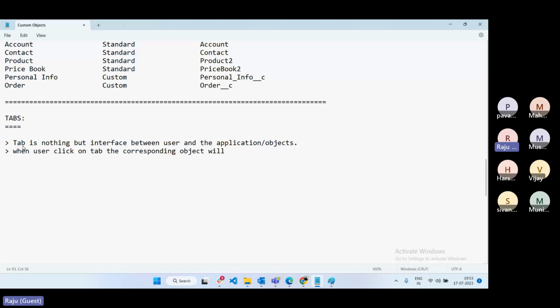Corresponding object will open. Okay, so tabs are of five types in Salesforce. One is custom object tabs. Standard object tabs are not needed because Salesforce has already created them, so no need to create. Now one more is web tabs, and one more is Visualforce page tabs, and one more is